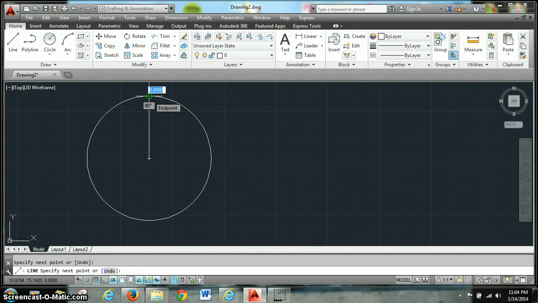Then I'm going to create another line, and for this one I want it to be the same distance, but I'm going to hit Tab to go to the dynamic input, and I've decided that I want to array my circle with 5 wedges, and so I'm going to divide 5 into 360 degrees, which is the full circle, and that gives me 72 degrees, so I need a 72 degree wedge. So I'm going to say 72 and hit enter,